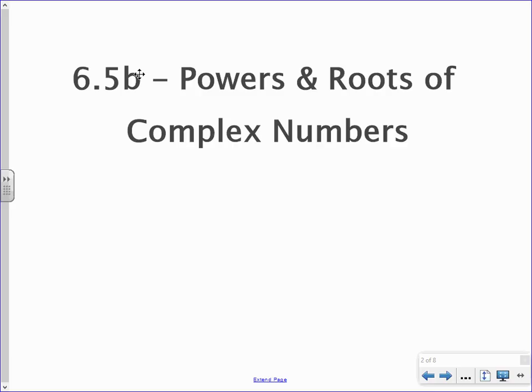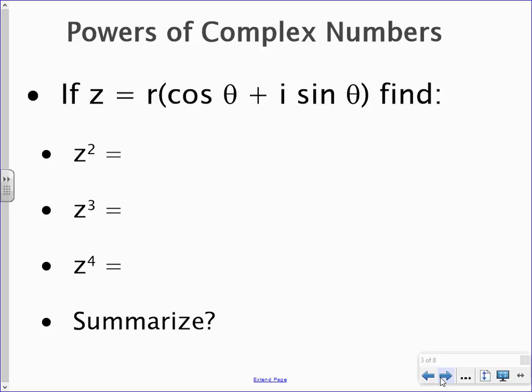Do we know how to multiply numbers in complex numbers in trig form? Talked about that yesterday, right? So we're going to use that to kind of help us make a discovery here. All right? So z is r cosine theta plus i sine theta. If we wanted to take z squared, that is just like taking z times z, correct? Okay. So if we take z times z,